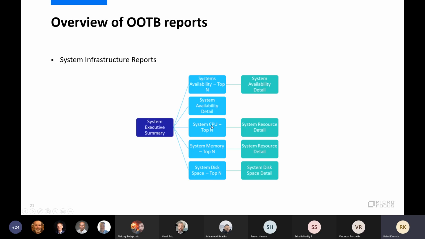Then you can also drill into your CPU report, which will give you top n CPU, and this can further drill down into the system resource detail, which will give you information for that exact node which you want to check. Similarly, we have it for memory and disk. They all drill down into the same resource detail report. In addition to this, we have